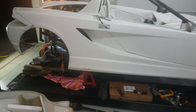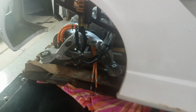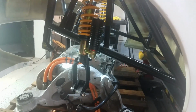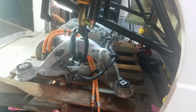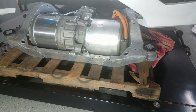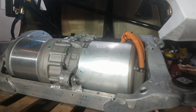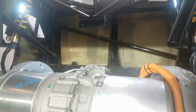Okay, so we got the motor closer to in place. We got it here in the back, and it's about where it sits with the frame and everything. I'll give you a couple other views just so you can see. Here it is from the back. I'll try and get all the way underneath here. But you can see there's just so much room. So obviously it needs to go up